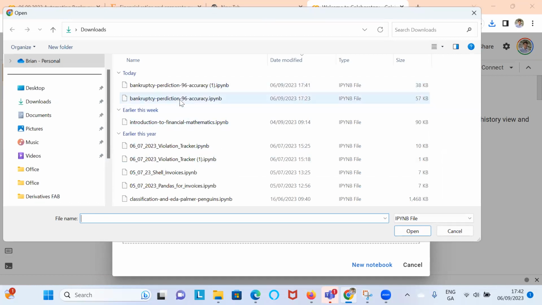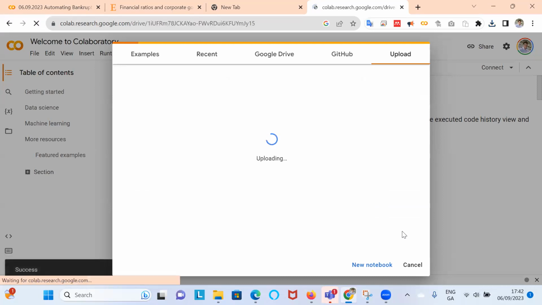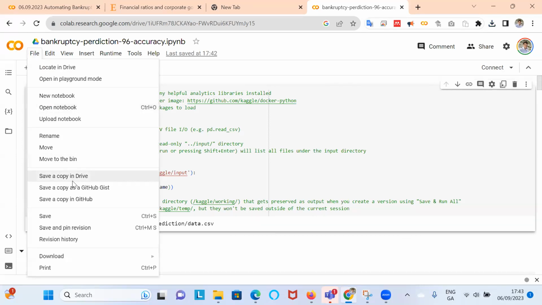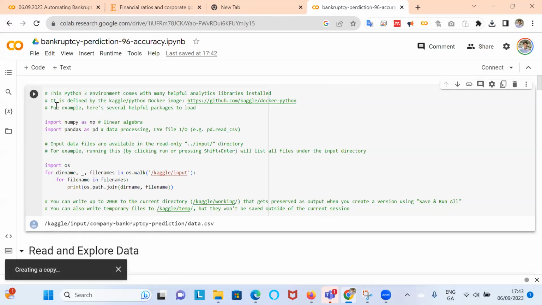And then the one we were working on, we can open up and go in and take a look, right? Now we can save it to our own drive. So if I wanted to save this, I could say File, Save a copy, just so that I keep it in my Google Drive.